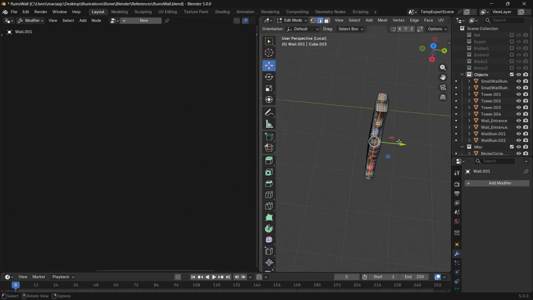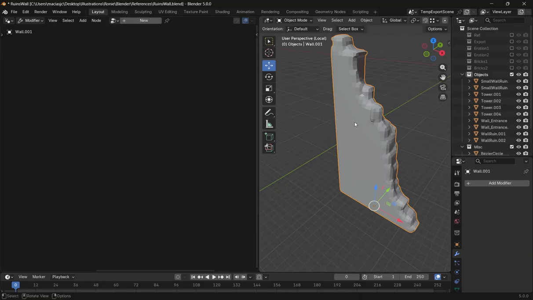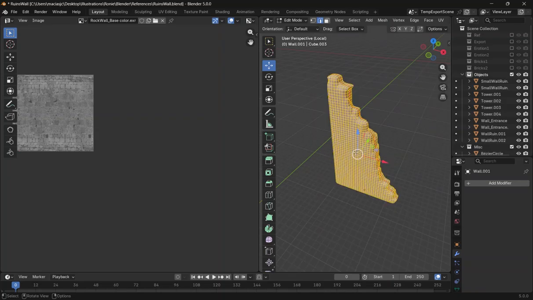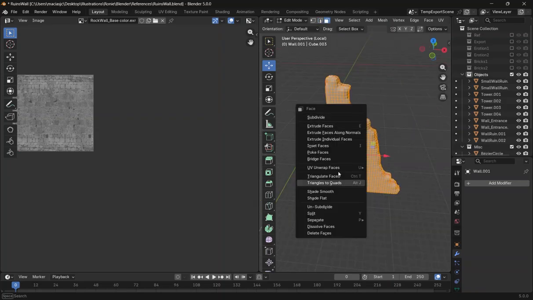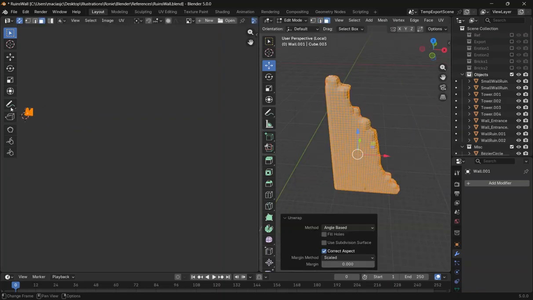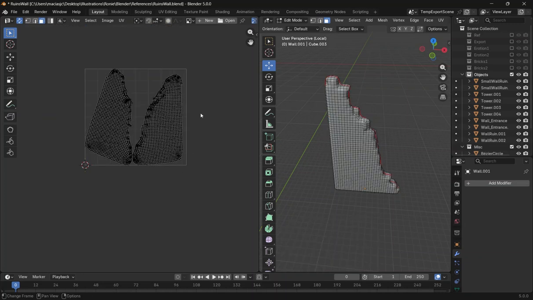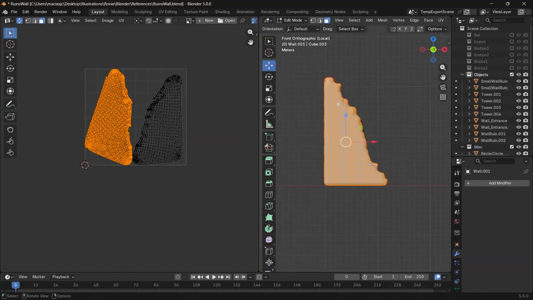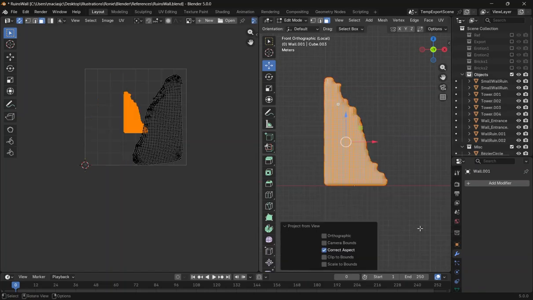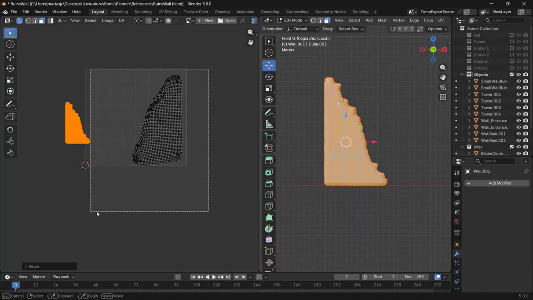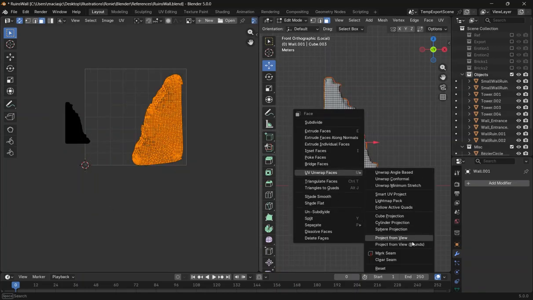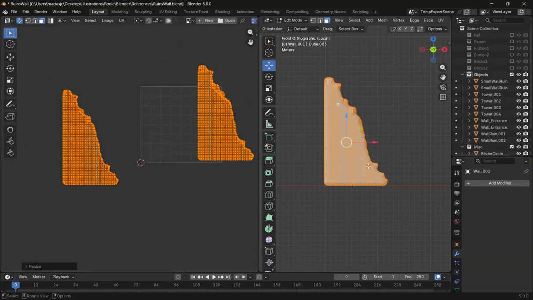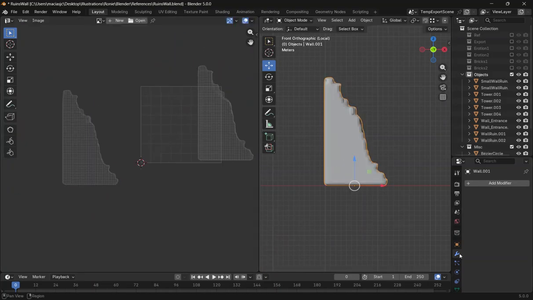Then after I create the seam, I can go to the UV editor, select all the polygons and unwrap it. Now if I select everything, because it's just a wall, I can also project from view, and also this piece, project from view. Maybe scale this up a little bit and apply